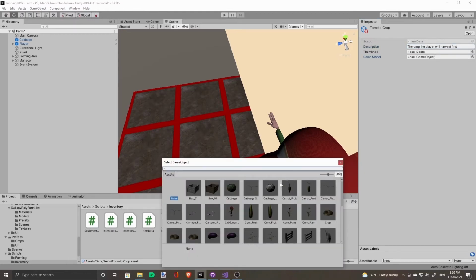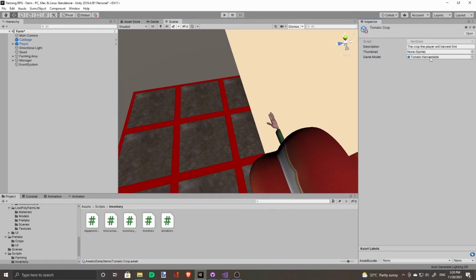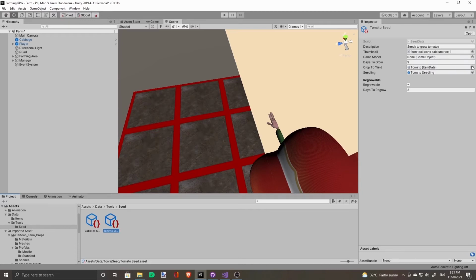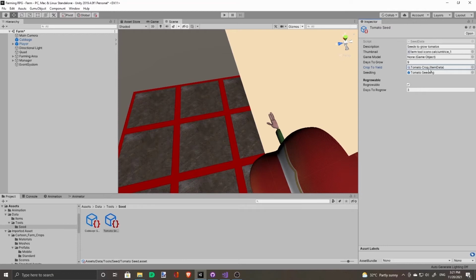And we'll set the game model to the harvestable tomato prefab. So we change this to the tomato crop instead of the direct tomato itself.